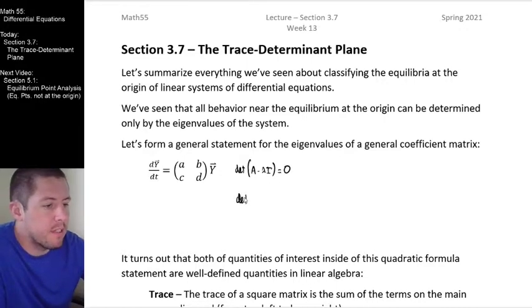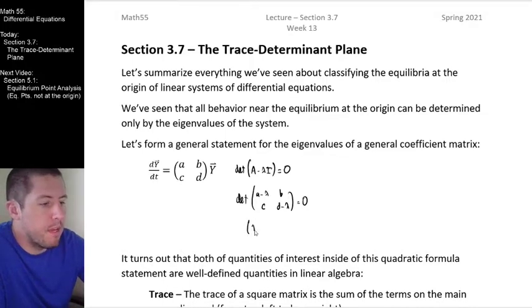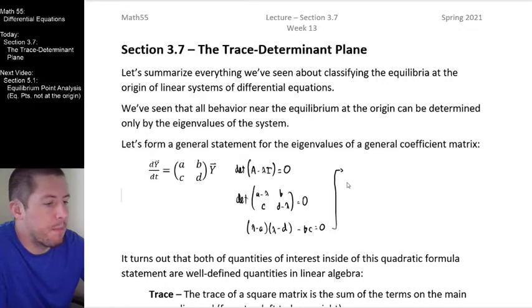In this case, that gives me the determinant of the matrix with a minus lambda, b, c, d minus lambda, which should be equal to 0. This is giving me, and I'm going to do my usual flip here, lambda minus a times lambda minus d, minus bc, is equal to 0. I'm going to go ahead and expand this guy to get lambda squared. It looks like I have a negative a and a negative d on a lambda, so I'm going to say minus (a plus d) lambda, and then plus ad minus bc equals 0. So here's my characteristic polynomial,